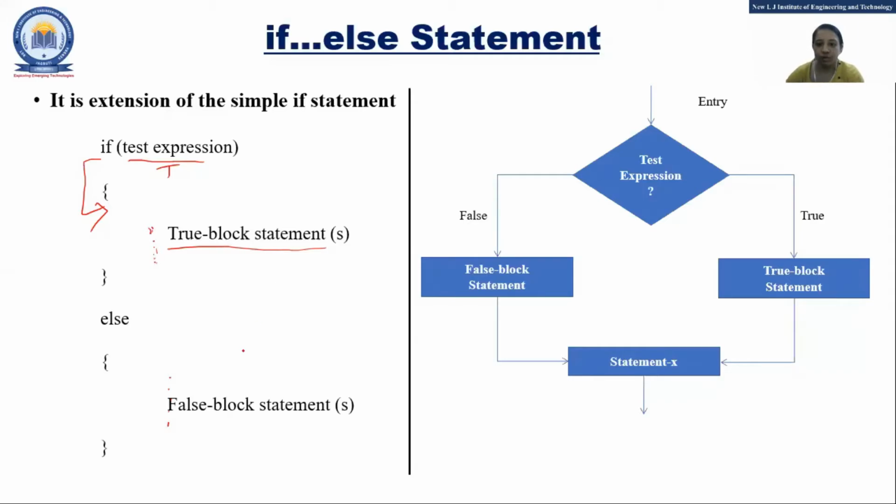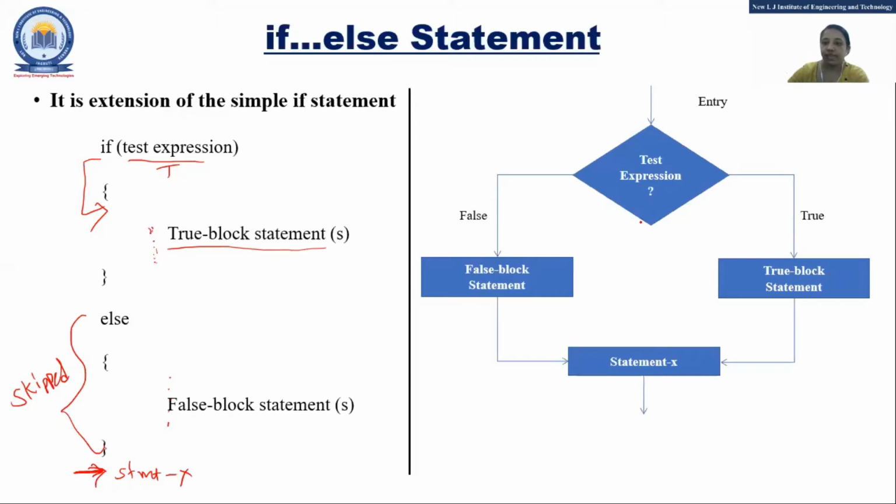This is written here in the flow chart. So just a minute, I'm asking in terms of syntax. So you need to say what? Whatever statement is here after the else part, that is supposed to be executed, and that is nothing but statement X. So that means if our condition is true, this part will be executed, and this is supposed to be skipped. It will skip this and start executing from here, right? So this is the way in which it is supposed to be executed.